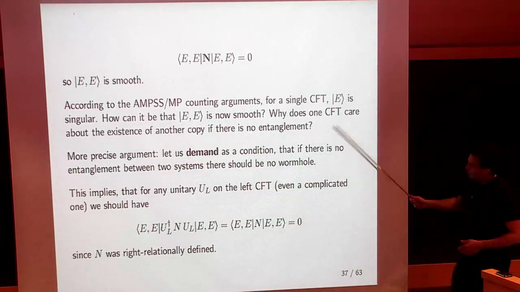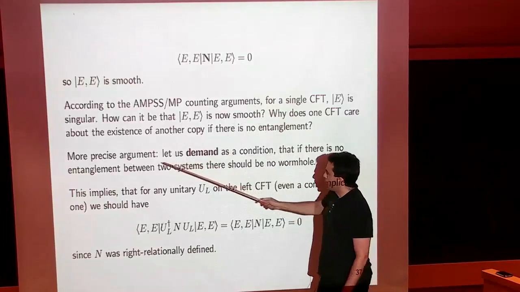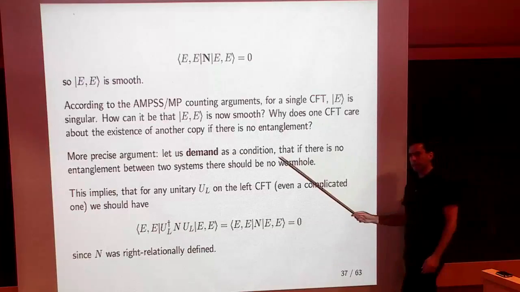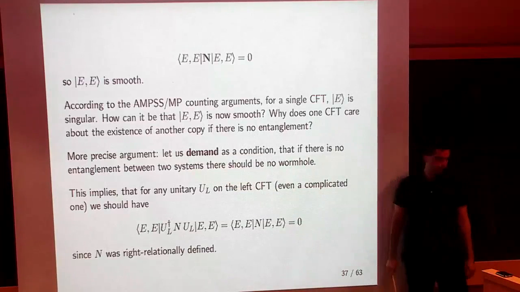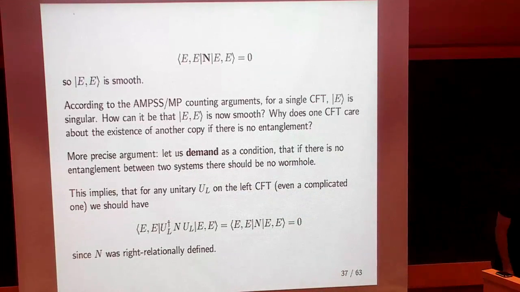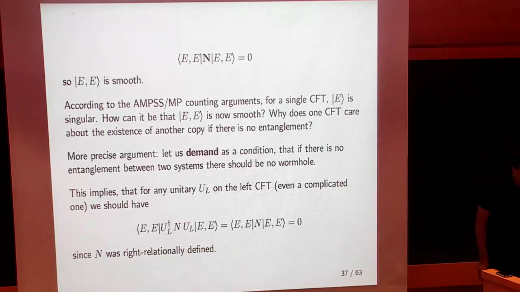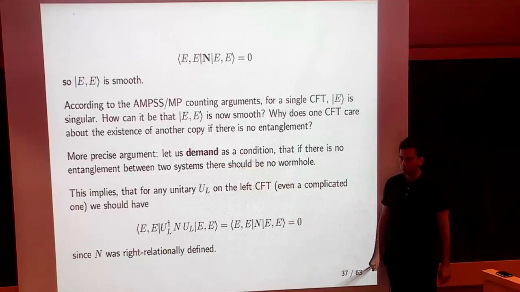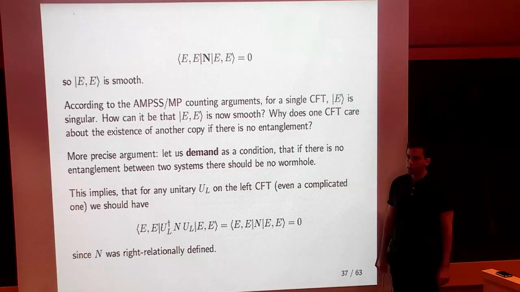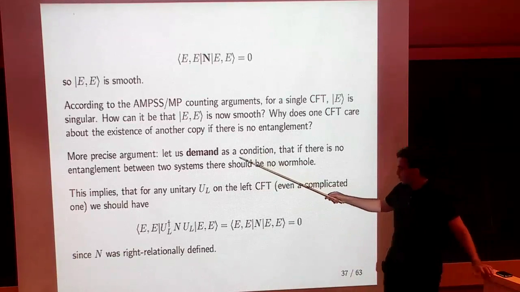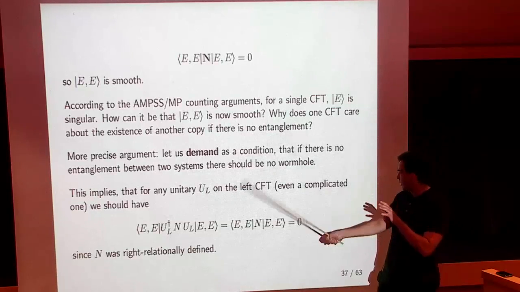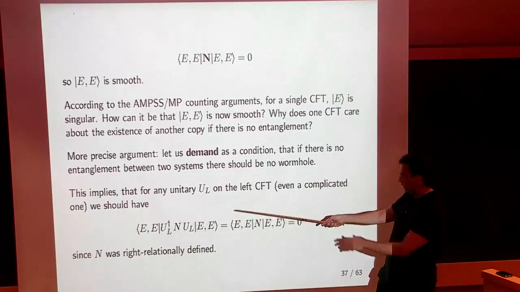But we can make this argument a little bit more precise. So we will additionally demand now, as a condition, that if there is no entanglement between two systems, there should be no wormhole. That's the only step in your argument I don't agree with. Right. I would instead accept the conclusion you came to in the paragraph above. Good, very good. Sorry, is wormhole different from just there's a smooth infalling experience from either side? I would have thought it's different. Here I'm making a very strong statement that there is absolutely no wormhole. I don't care if it's geometric or not. Here is the technical statement. Let me read it.